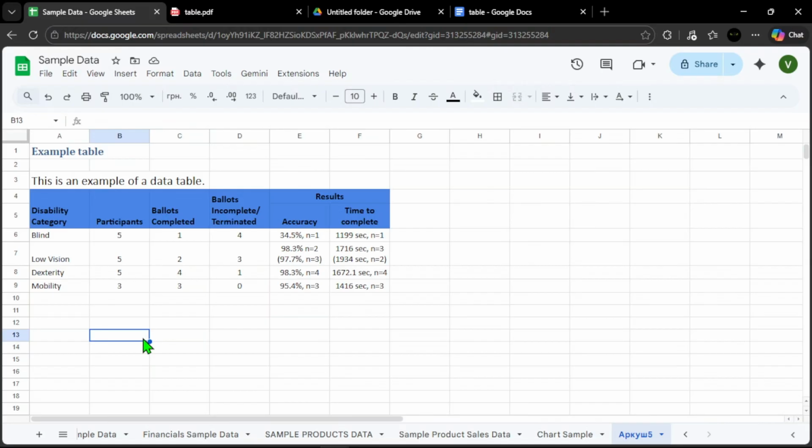But if the formatting is complex, you may need to adjust columns, fix alignment, or remove extra spaces after pasting. This is a simple and free way to convert a PDF into a spreadsheet using Google's built-in tools, without needing any additional software. So that's how to convert a PDF into Google